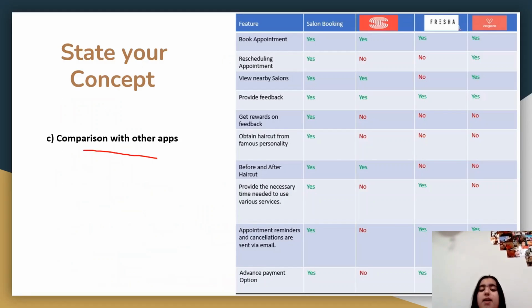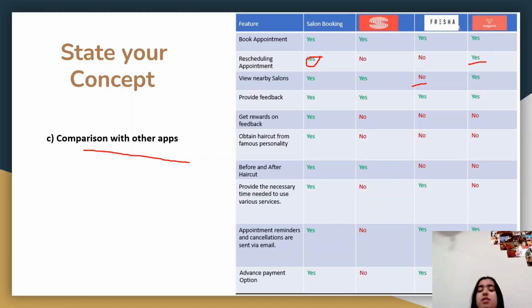Next is the comparison with other applications. First, book appointment is available in all the salons. Second, rescheduling appointment is available in our app and in one other app. View nearby salon is available in all the apps that we compared and in our app, except the Frisha app.